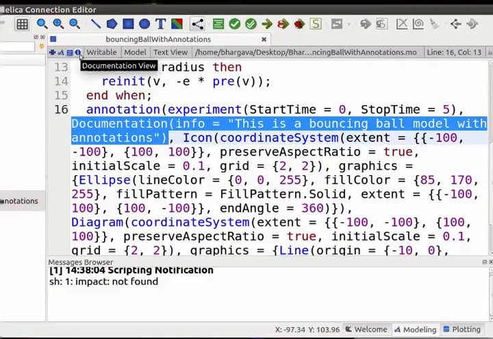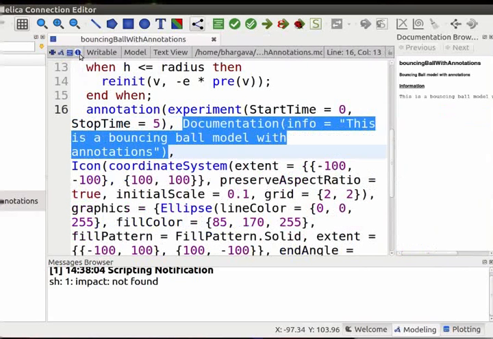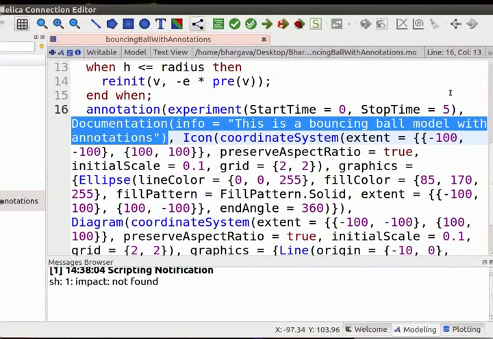Click on fourth button, which is documentation view. You can view the text typed in documentation annotation in the browser. This functionality allows us to add useful information for larger models which require documentation. Close documentation browser. Let me go back to the slides.